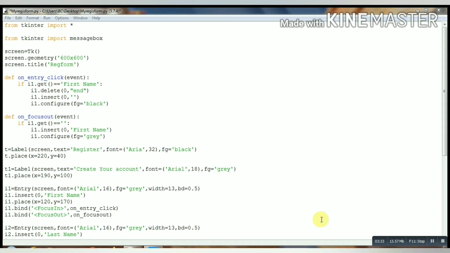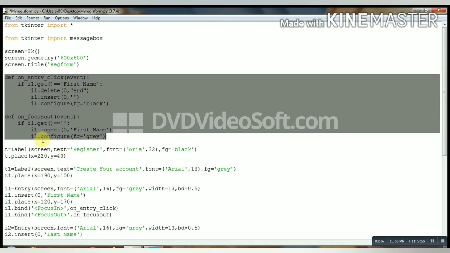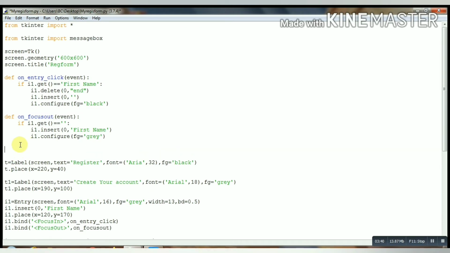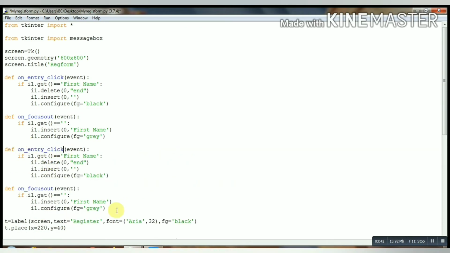Now let's move further and copy these functions. Control C and paste it, Control V. Now let's change their names. On entry click 1 and I1.get equals Last Name. On focus out 1 and Last Name.